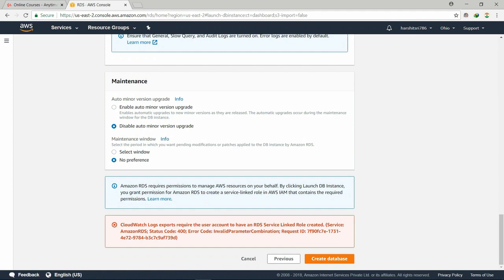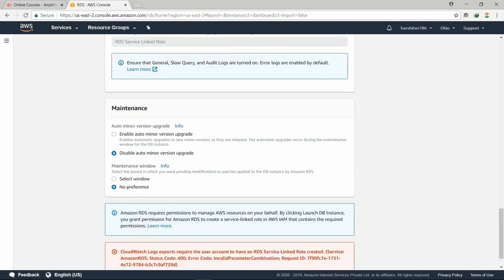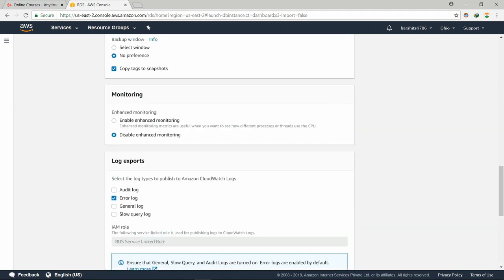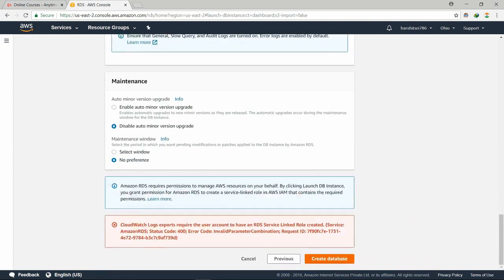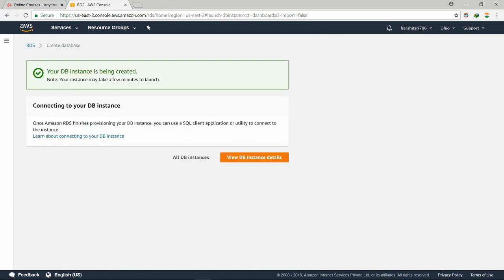You can select the maintenance window based on the requirement, and you can view the log files, the error, and other details in the CloudWatch. So you have to create a database based on your selection. Hit the create button,